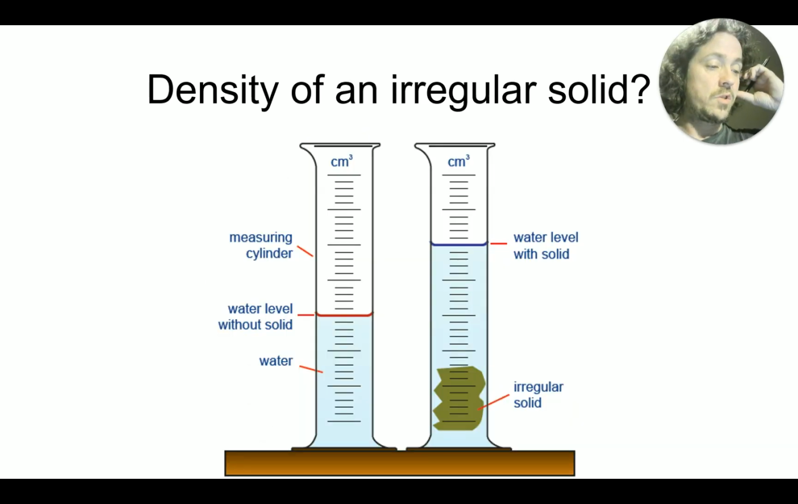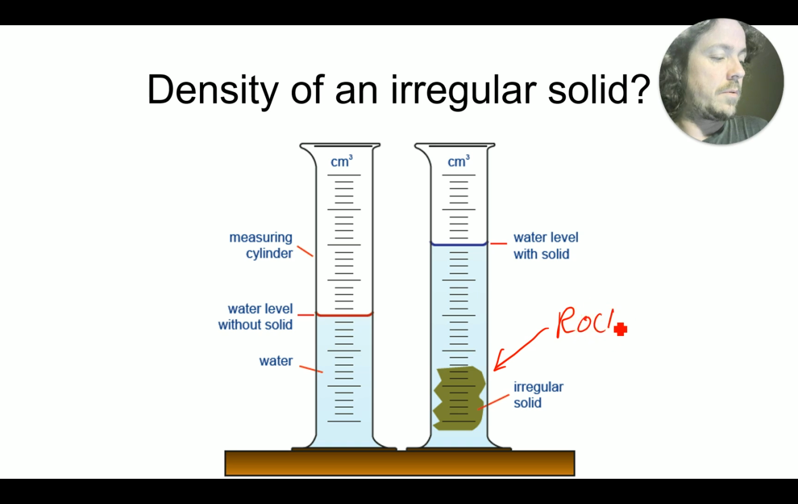Now, you might have done this in school, you might have done this in your lab, okay? You should have. If you haven't, well, it's not good enough, is it? Anyway, you can take an irregular solid like a rock or something like that. You pop it into a measuring cylinder with water in it. You record the water level before, you record the water level after, and of course the difference is the volume